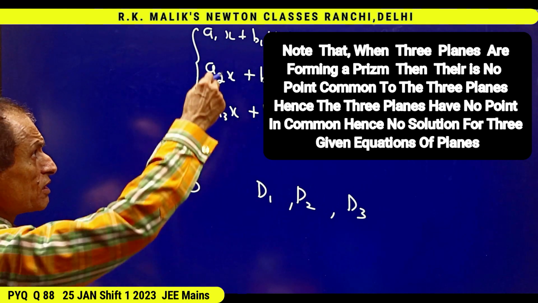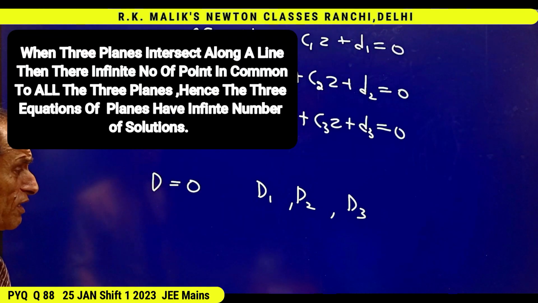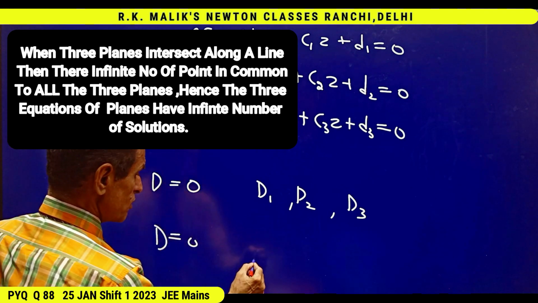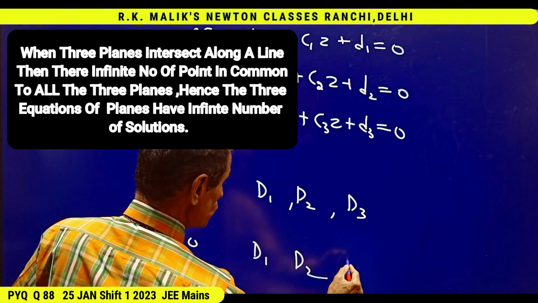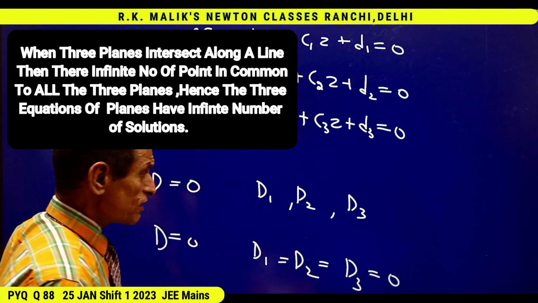I mean to say the three equations have no solution. And geometrically, if D is equal to 0 and D1, D2, D3 all are 0,